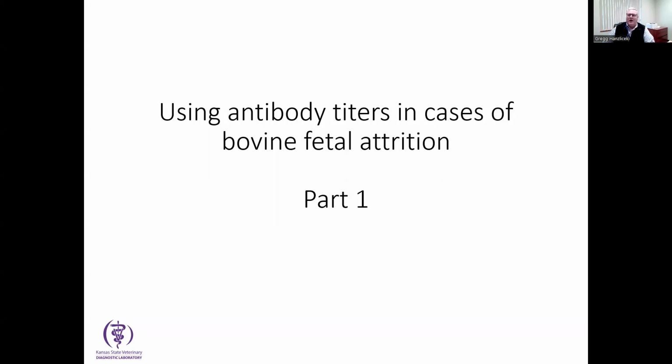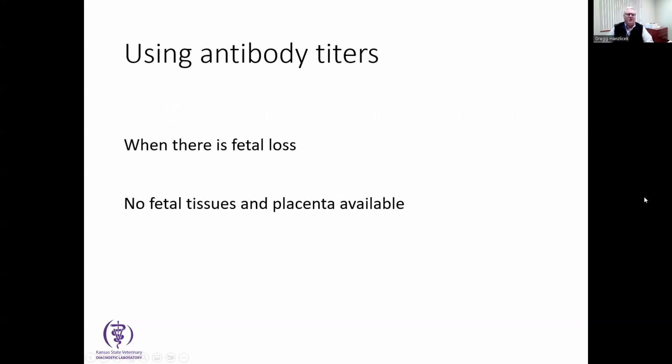I think everybody's aware that the gold standard for an abortion workup would be the entire fetus and placental tissue, or a complete set of fetal tissues plus ocular fluid, abomasal fluid, and thoracic fluid, and the placenta. We're talking in this case, we do not have any fetal tissues or placenta available, and the perfect scenario of